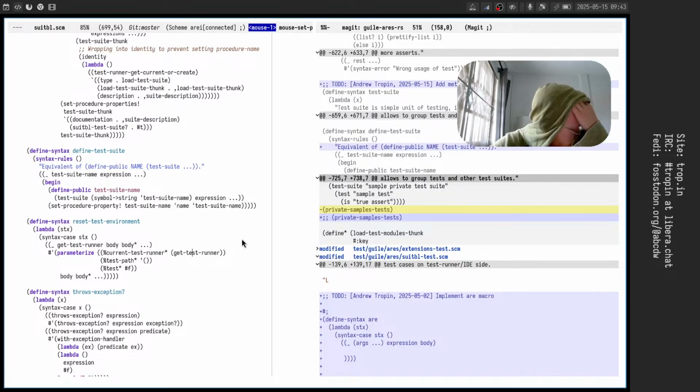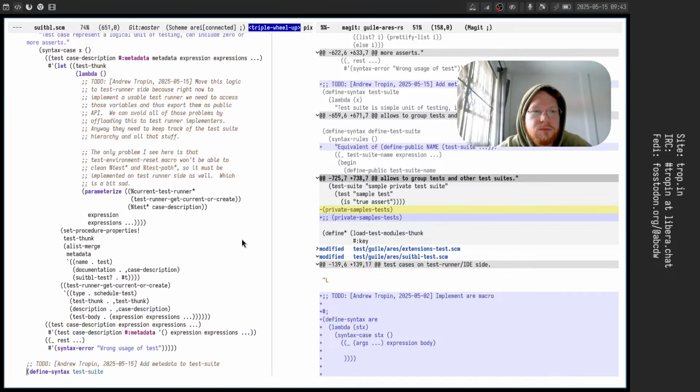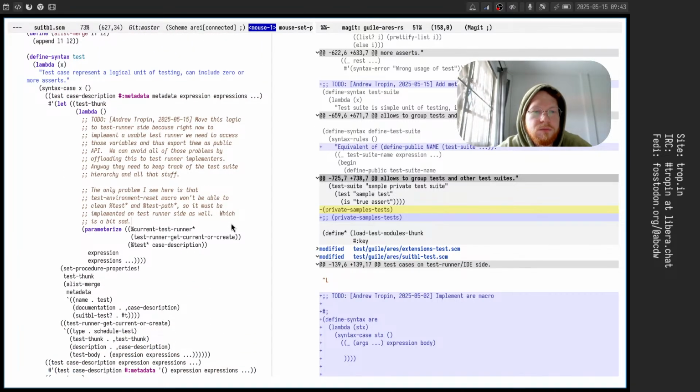We can make it a part of the test runner API. We can make it a function, not a macro. And this function will parameterize all the necessary variables, and we will run everything that is inside our clean environment. We can say that test runner